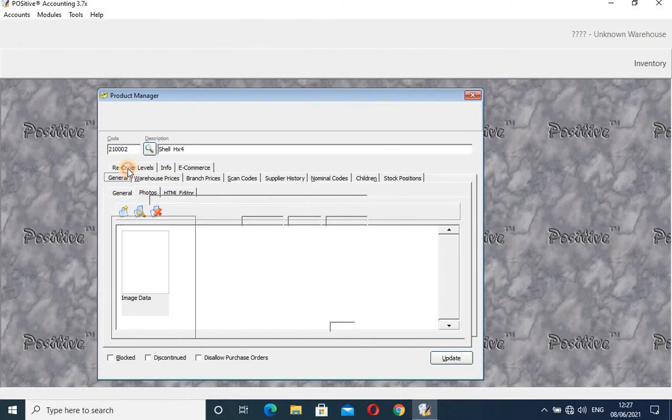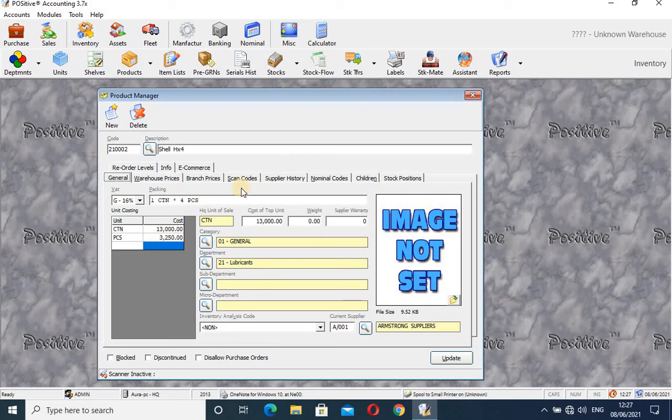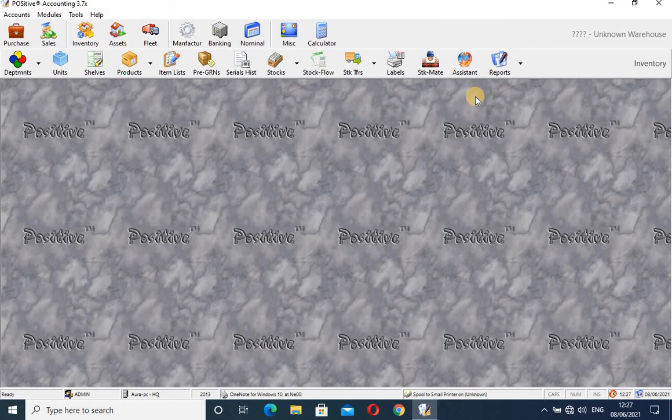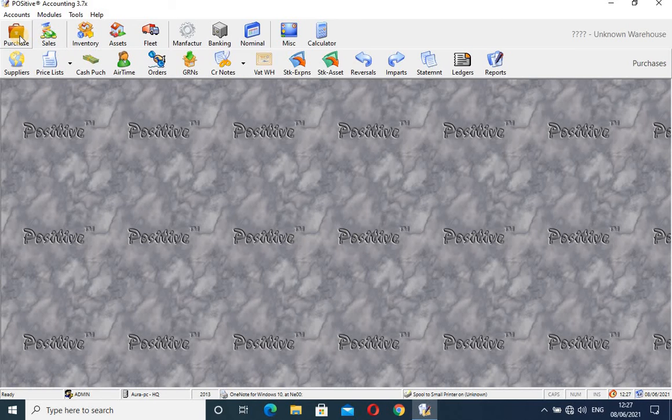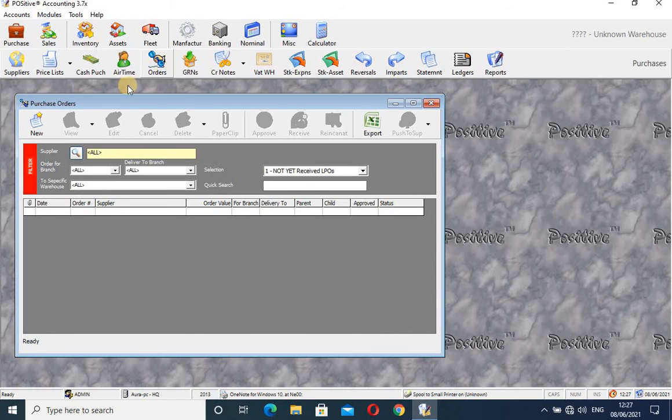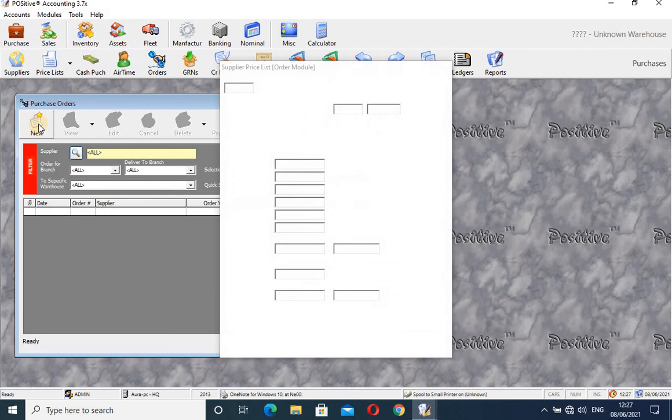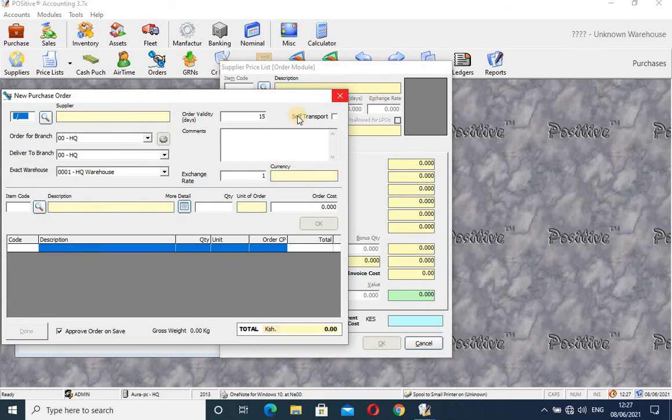So that is how you indicate products, or this is where you put more products in the system. Once you've indicated the products in the system, it means those products now exist. So what happens? You can do orders, and this is where you do them. You come here to purchases, you say orders, and then you say new. Once you say orders and new, you can see it is giving you the supplier's price list